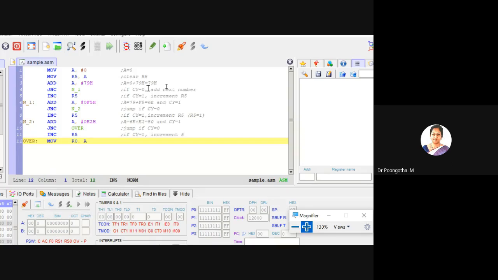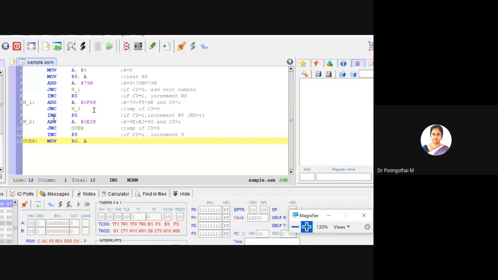In the previous case your carry was not set, so your program control was transferred there to perform the next addition. Jump no carry means your program control will transfer to N_2 to perform the next addition. Here carry is set to 1, so R5 is incremented by 1.